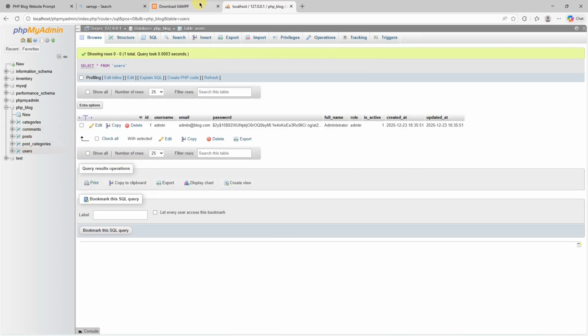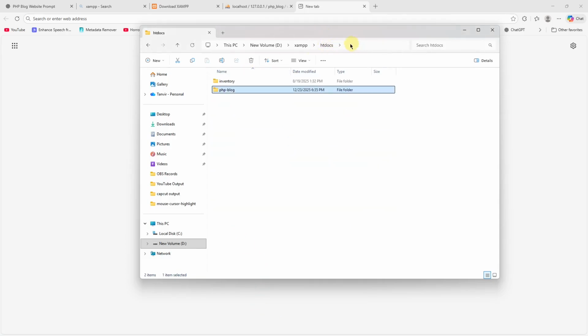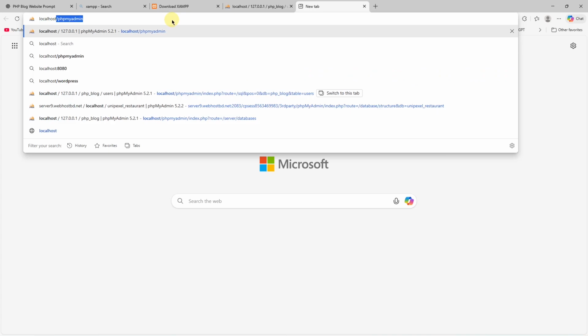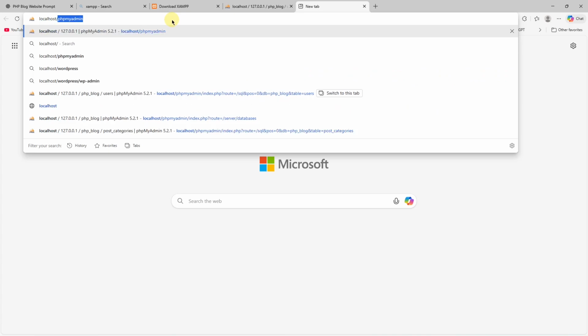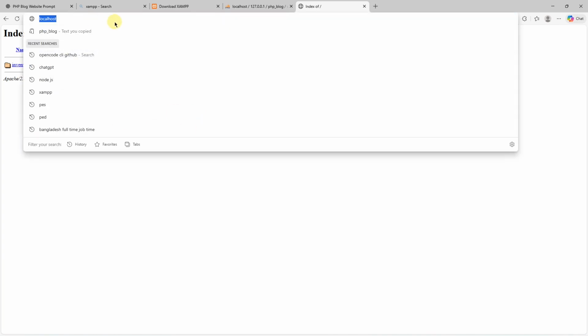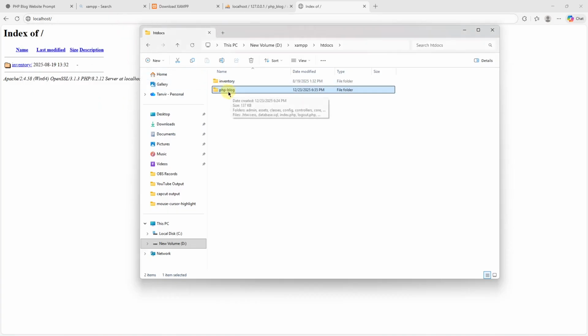Okay. Now let's say I want to access my project. How can you access your project? If you go to the htdocs folder, here you can see XAMPP htdocs, and then your project name is PHP-blog. So you go to the browser and type localhost/your project name. If you just type localhost, you will find the inventory and other projects also, right? But now if I say localhost/ then our project, PHP-blog